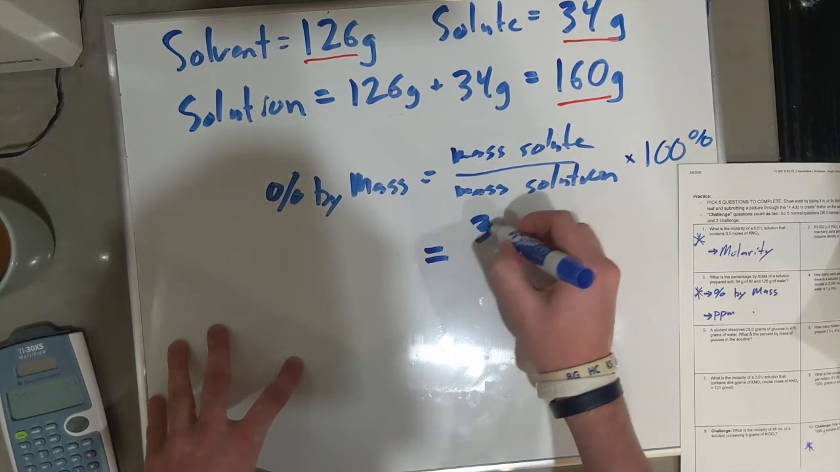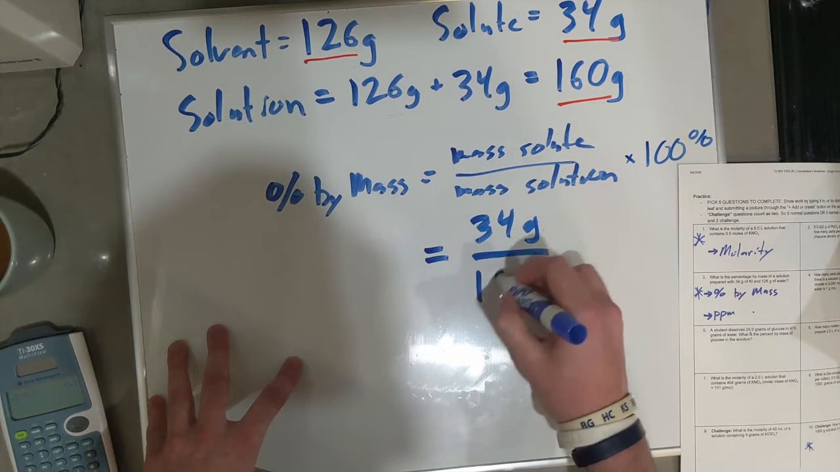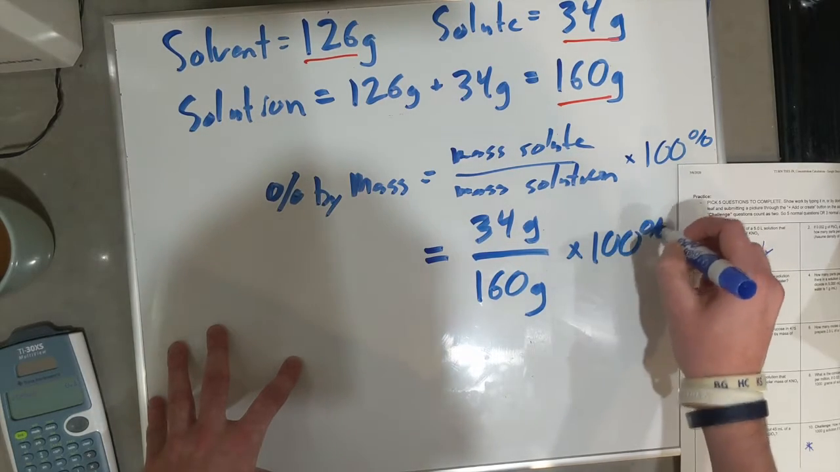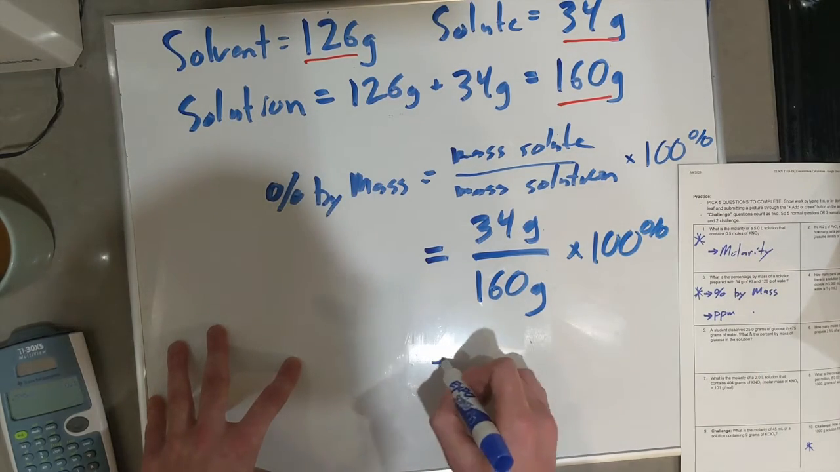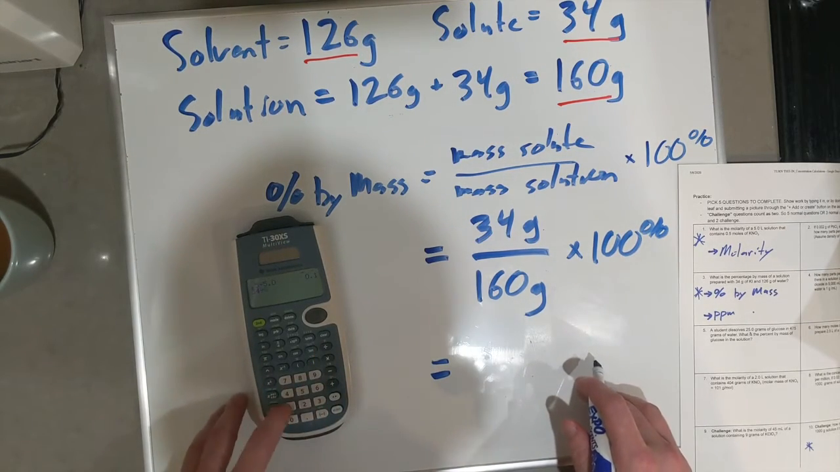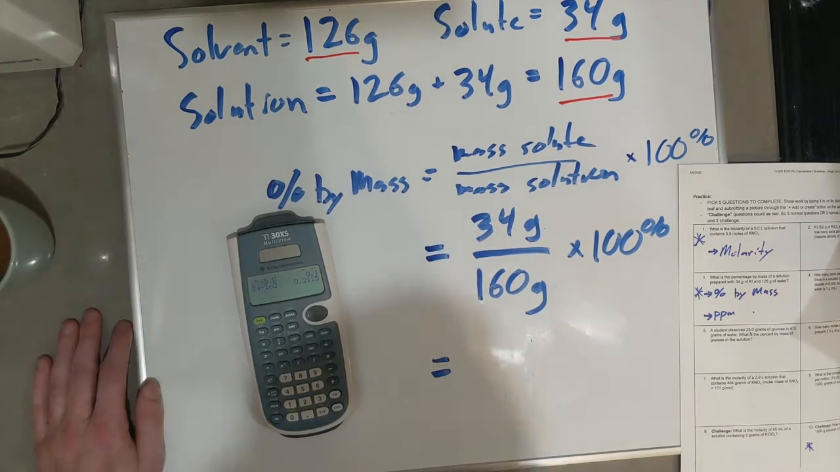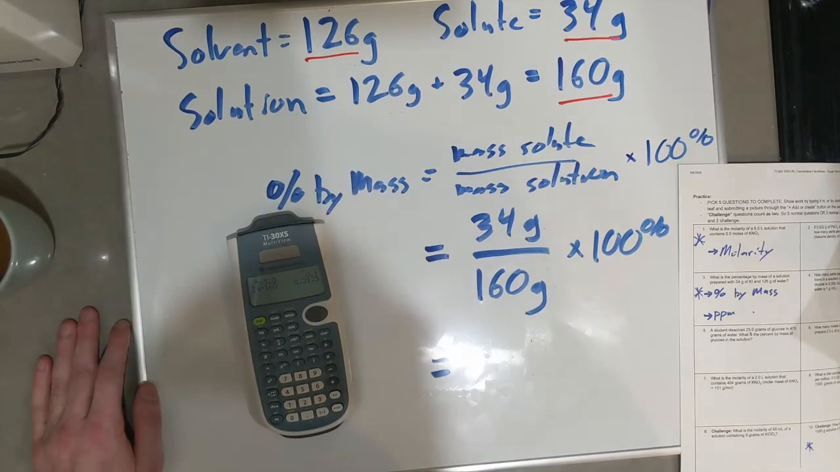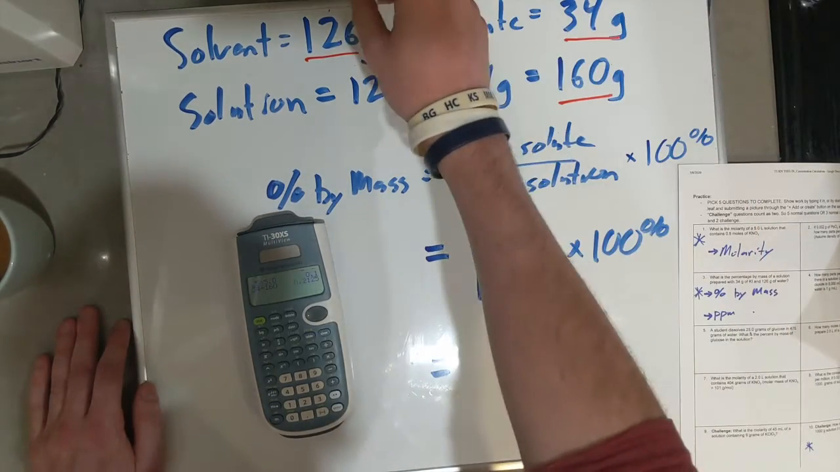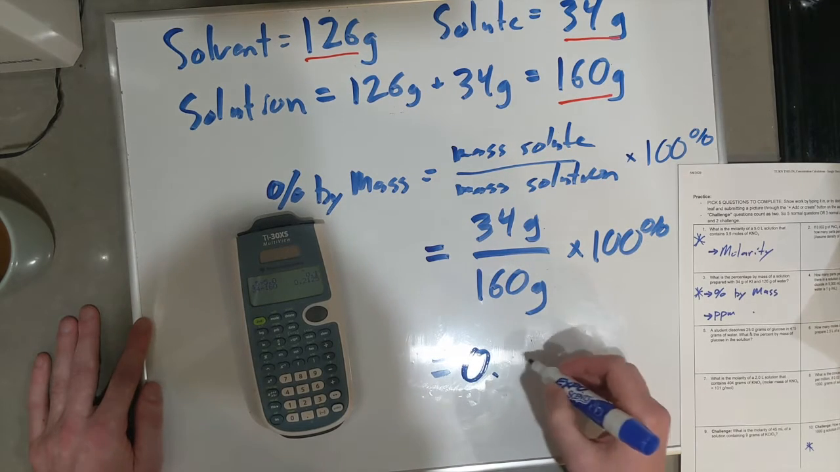We have 34 grams divided by 160 grams times 100%. 34 divided by 160 equals 0.2125. What's our sig figs? Okay, so here we have 2 sig figs. Here we have 3. So I'm going to round this to 2 significant figures,